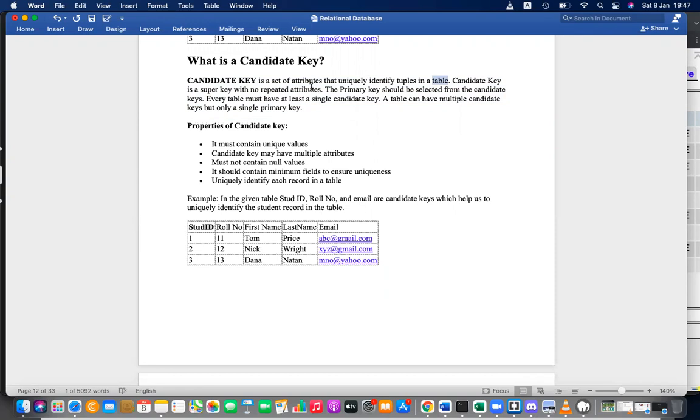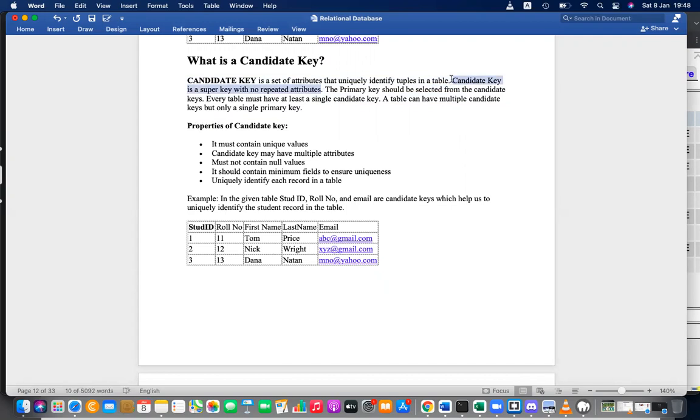Same attribute, we are not going to take again and again. But in super keys, even repeated attributes are taken. Repeated attributes means, let's say first name is here, and again first name is there somewhere. Both can be taken in a super key.